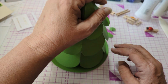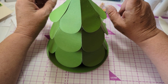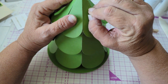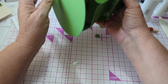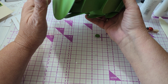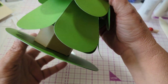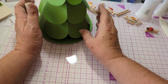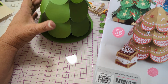There's give. It's that bottom tray. That bottom tray should probably be doubled. This paper, like I said, is not the sturdiest. So now it's too late because I got the trunk on there. There's some play. But this is all glued together now. The only thing that's not glued on is the top. It's not quite as tall as I thought it was gonna be. But